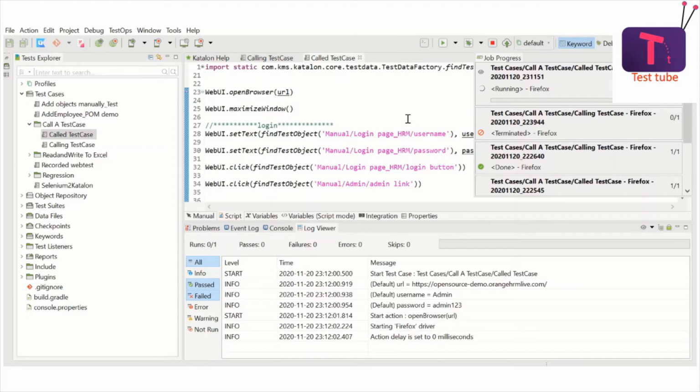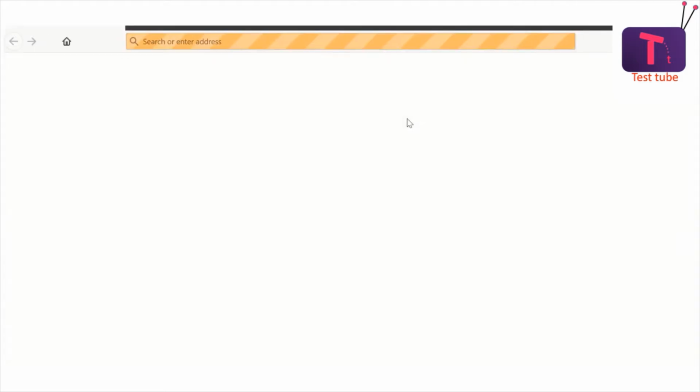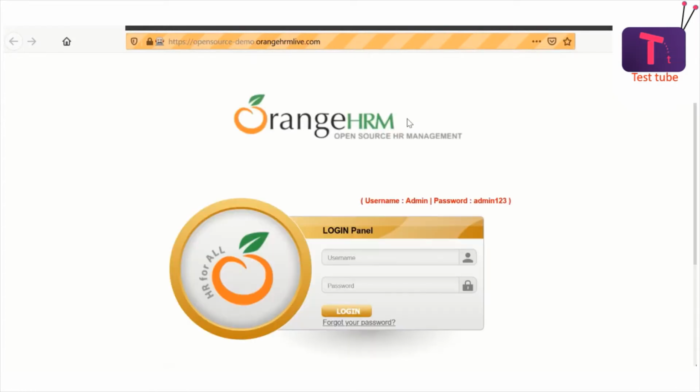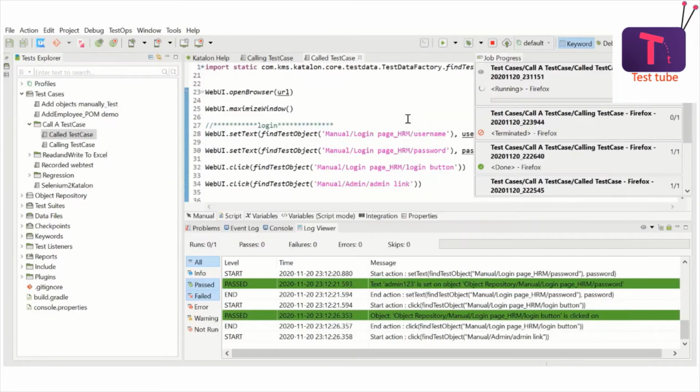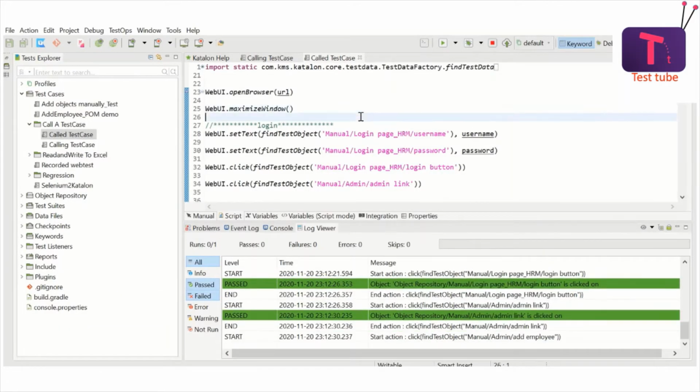It is running the test case. It has opened the browser and entered the URL, entered the credentials, logged in, and it is doing whatever it is supposed to do as part of this particular test case. Now what I'm going to do is